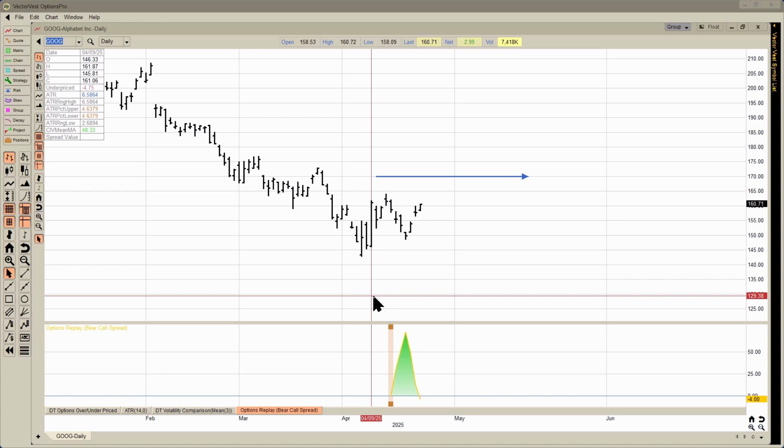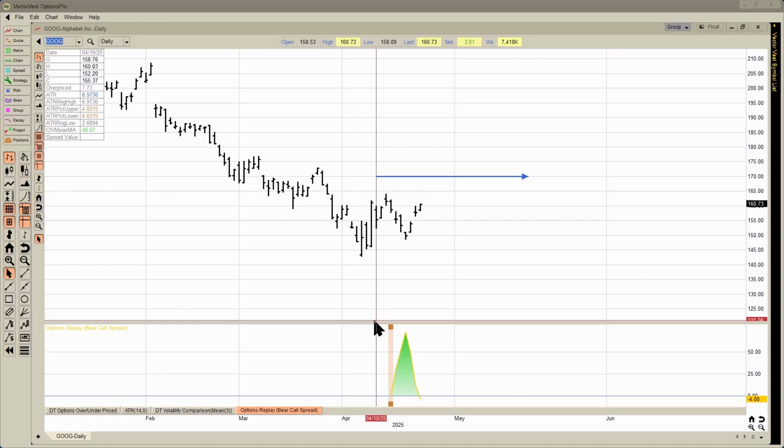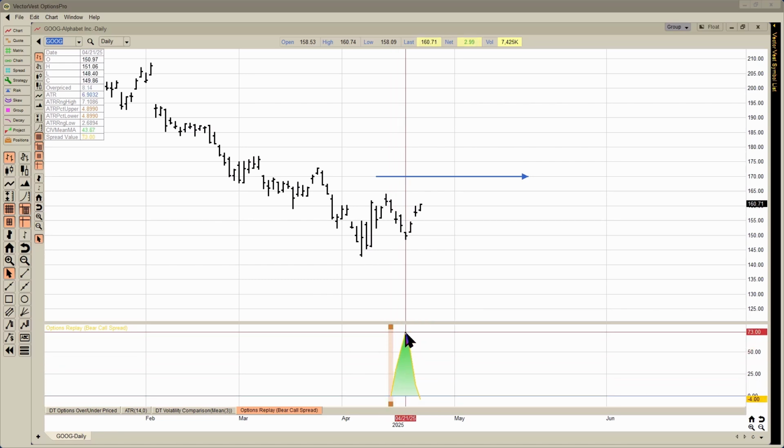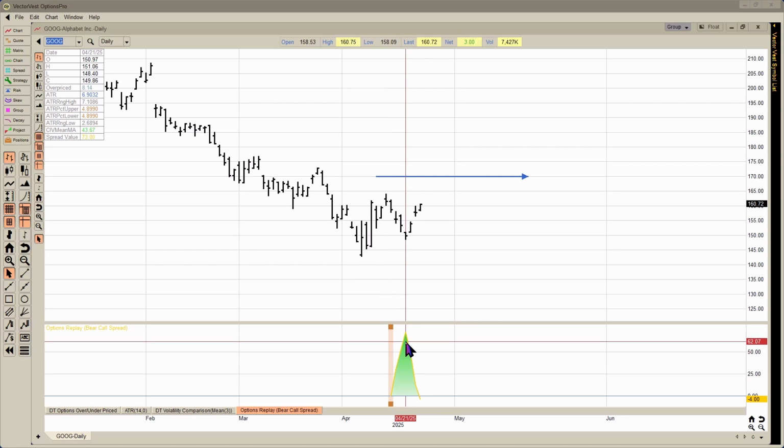Now, through the beautiful use of editing, you see I've already added the options replay tool to that trade back on the 15th. I did a 170, 175. If you remember from the numbers, it was about $1.20. That means I'd want to make about 60 bucks. And you can see only a couple days later, it looks like on 4/21, I would have reached that $60